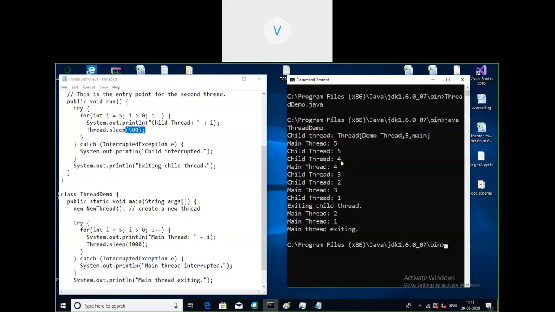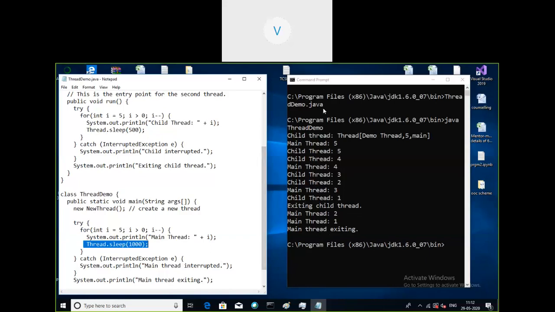Then after completion of this, when the child and parent are both ready, the chance will be given to the main thread. So the main thread will execute and it will suspend for 1000 milliseconds. Then again the child thread will execute 2 times. Then again the main thread will get the chance and suspend for 1000 milliseconds, and the child thread will get the chance. But the execution of only 500 milliseconds is sufficient for the child thread, so it will complete. Then only the main thread is left, so it will execute and then the main thread will terminate.